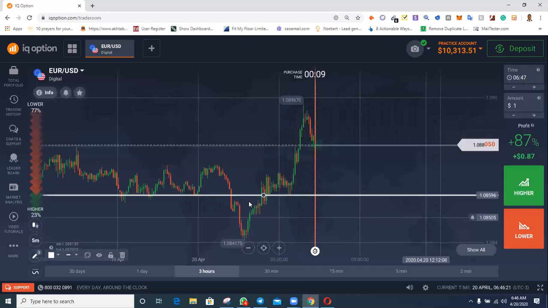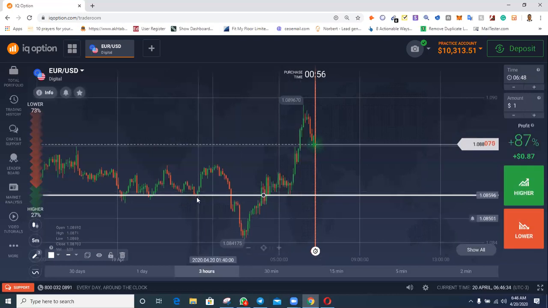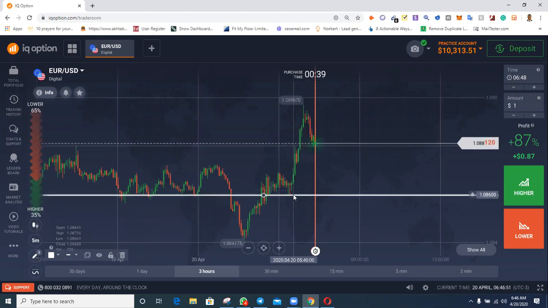Now, why am I picking this area? Look at this place here. The price came down here, but could not go below it. It tested this area, but it bounced back up. Look at this area too. It tested this area as well. It bounced back up. That is 2. Look at this area, the same thing. This area, the same thing. I have 1, 2, 3, 4 areas that I know the price went to, but could not cross over.